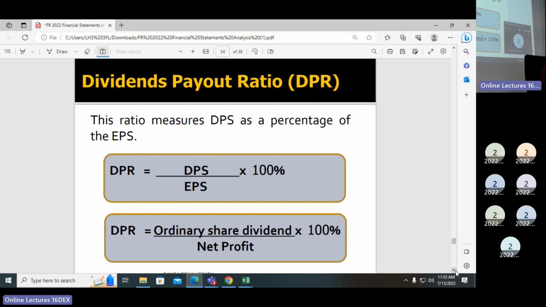But there is another perspective to this. Say one company pays 20% dividend out of the earnings. Another company pays 80% dividend out of the earnings. So one company has a 20% payout, the other 80%. A short-term investor would prefer the 80% payout company because out of the earnings they get 80%. But if you get 80%, you are retaining in the company only 20%. The retained profit within the company is important for the